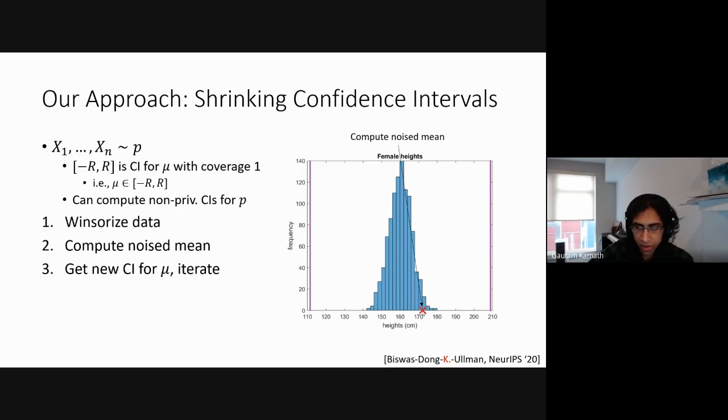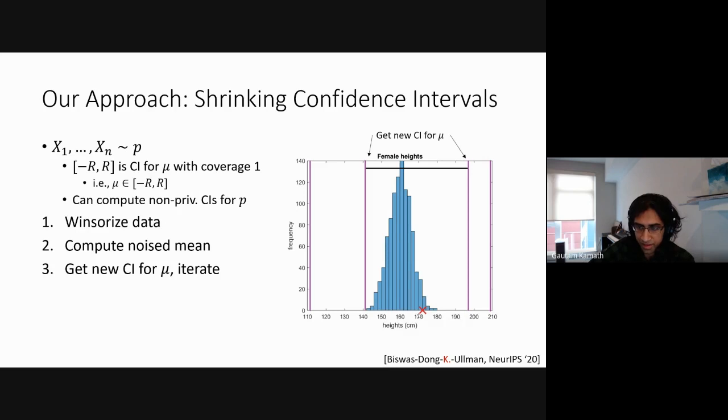This noisy mean came from a combination of two sources. It came from the error due to the data sampling procedure, as well as the noise we added for privacy. So in that sense, we kind of have a distribution of this point. And using the distribution of how this noisy mean came up, we can say, okay, the true mean must actually be within some narrower range. So you can see now we made some progress. We started with a wide range in terms of where the mean lies, and we've made it narrower.